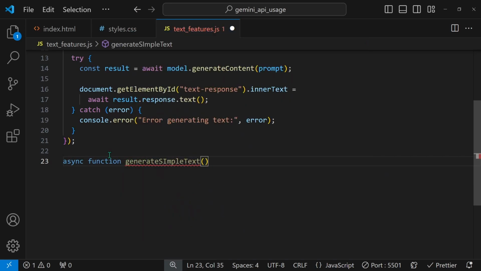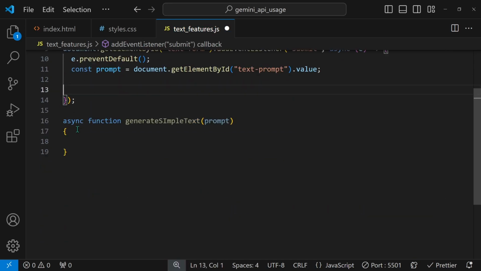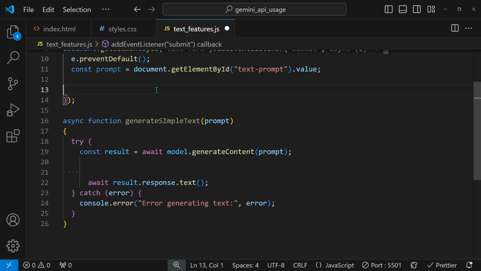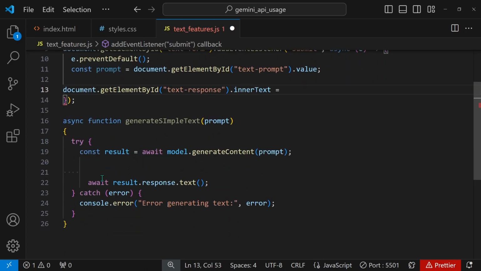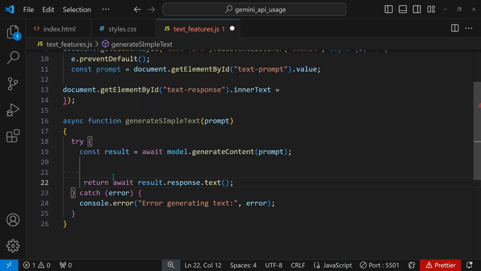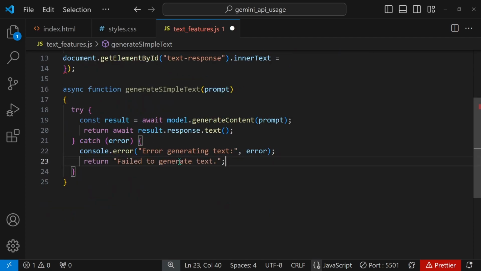This is what I'll call it, and it will receive a prompt. I'll cut this try-catch block from there to here, cut the getElementById up into where it was, and then instead of setting the inner text of the value, I'll return the result.response.text. Otherwise, if you fail to generate, I'll return some string that says failed to generate text. And now we can also remove the await keyword from here because we are returning a promise with this one,